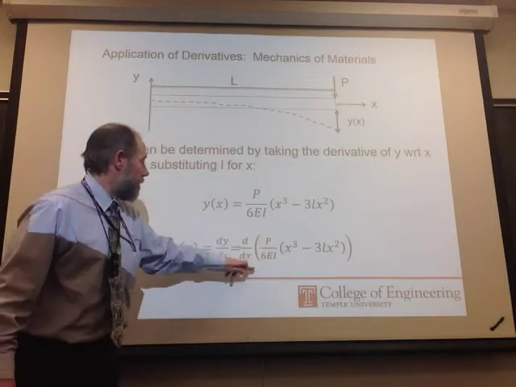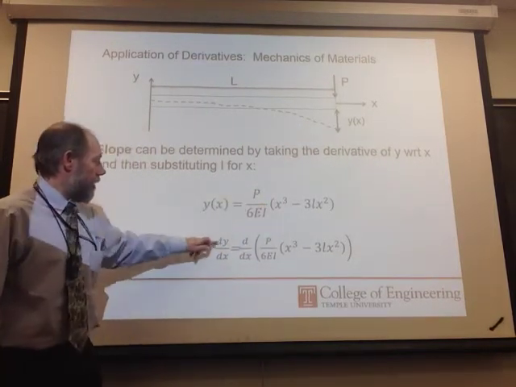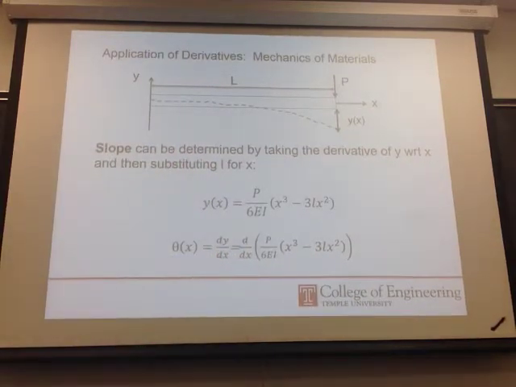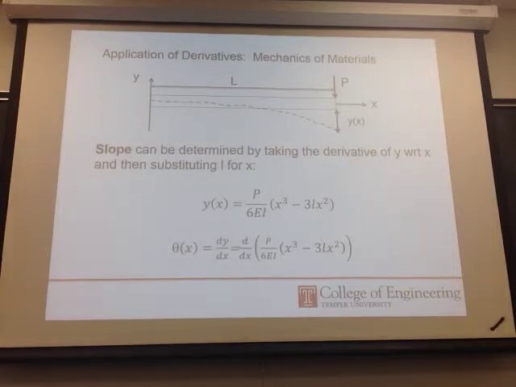Well, this is the function of y. dy/dx is the derivative of this with respect to x. So we can take the derivative of this and then the derivative of that. So the derivative of this, what's the derivative of this? 3P over 6EI x squared. Well, yeah, 2 times 3P over 6EI